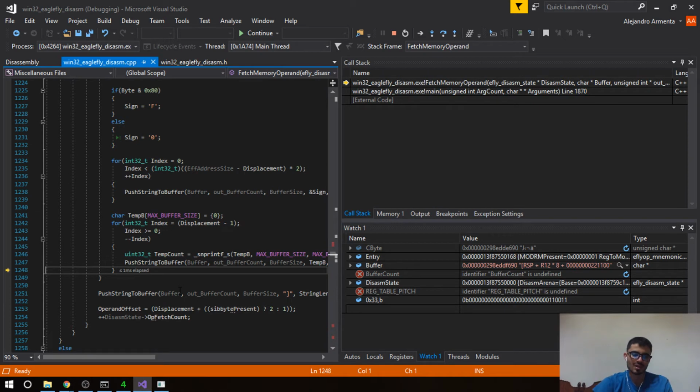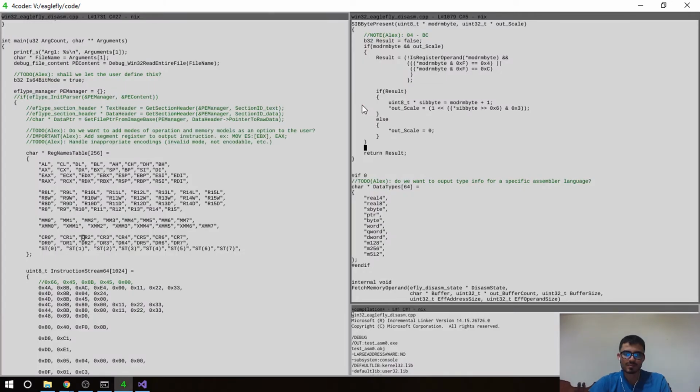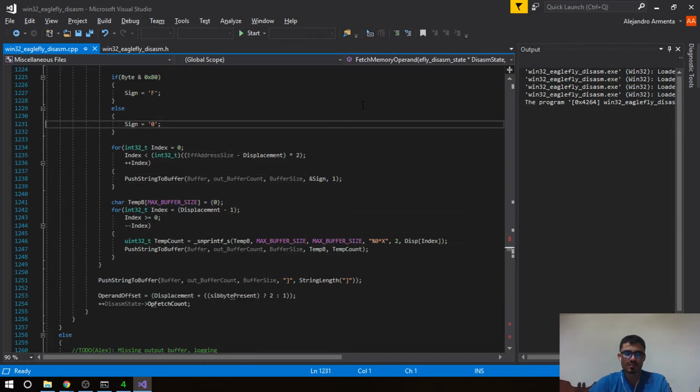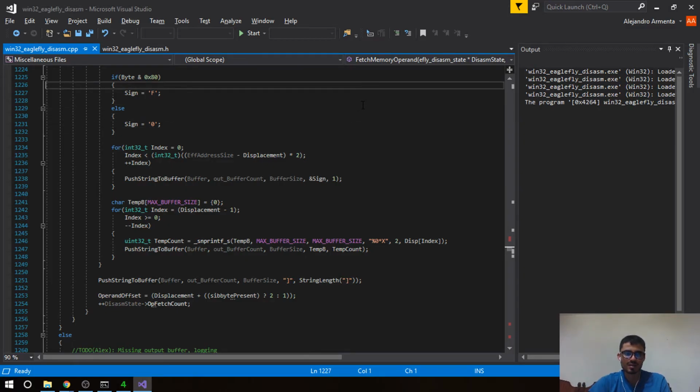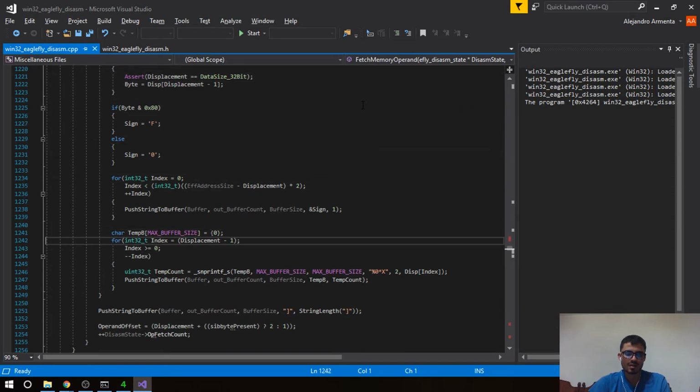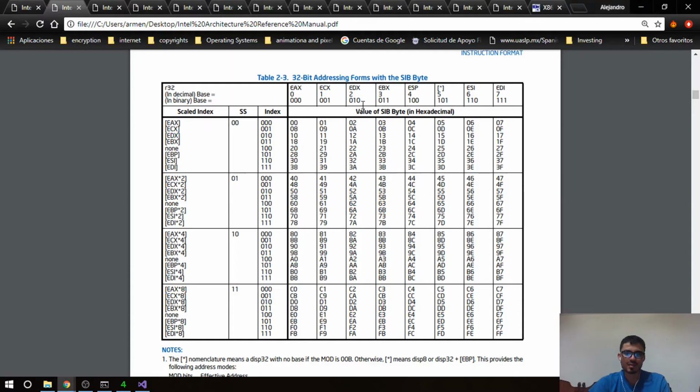And oh, we haven't modified the ModRM byte. Now it started at this. That means that